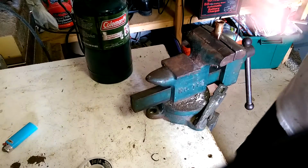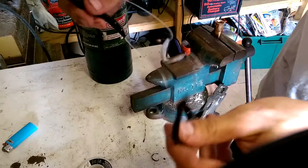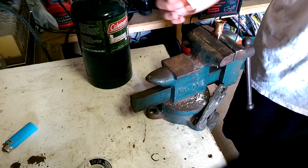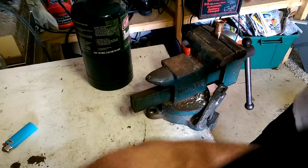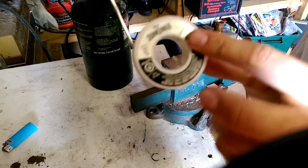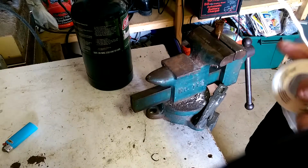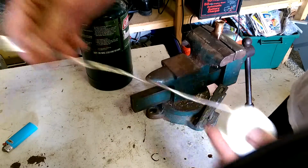Alright, so first thing you're going to need, some safety glasses. You don't want any of this flying into your eyes, that'd be really bad. So basically what we're going to do is heat the copper connector up with the torch and then make a puddle of soldering wire inside the connector, and then we're going to shove the actual cable in there. So get a nice long strand of this,